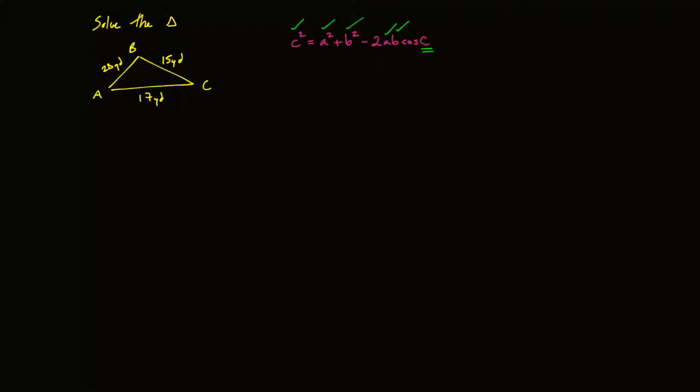So, in this case, let me undo all those check marks. Okay, and let's plug these in. So in this case, what I'm going to do is you could reorganize it or plug in immediately, then reorganize it. I'm probably going to just reorganize it from here and then plug everything in. I typically like to do all my calculations at once. So in this case, I'm going to subtract the a squared and b squared. You're going to get c squared minus a squared minus b squared on one side of the equation,